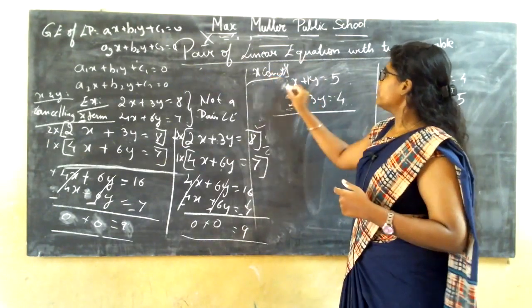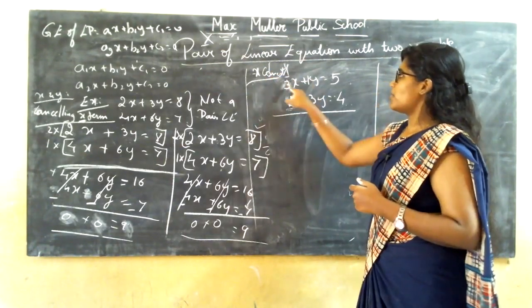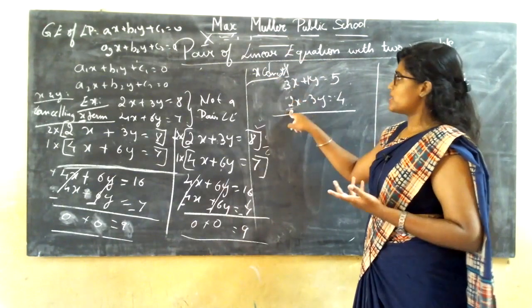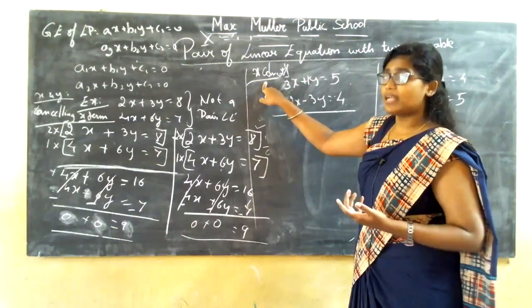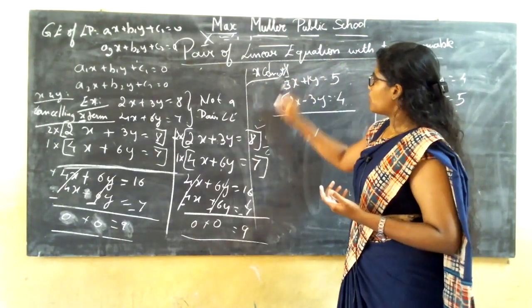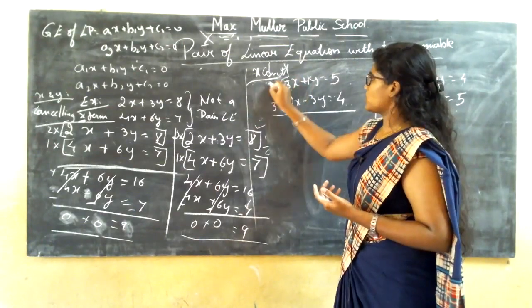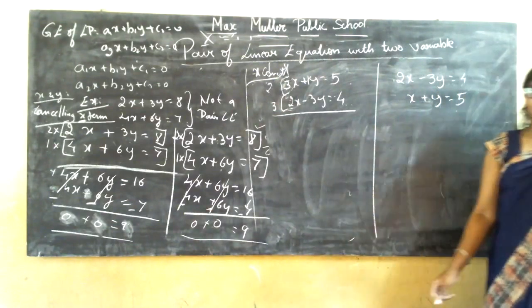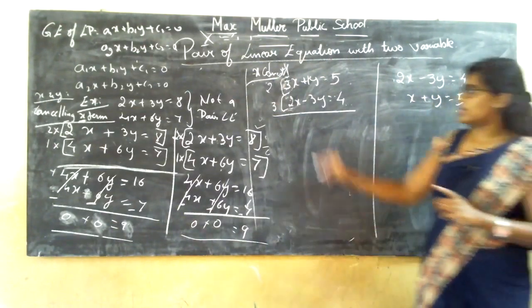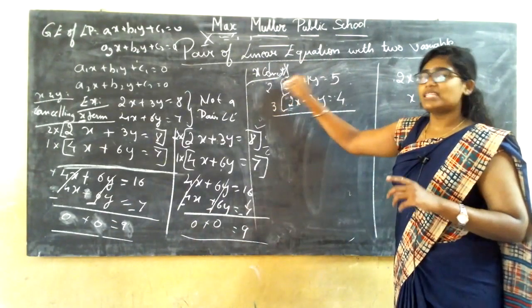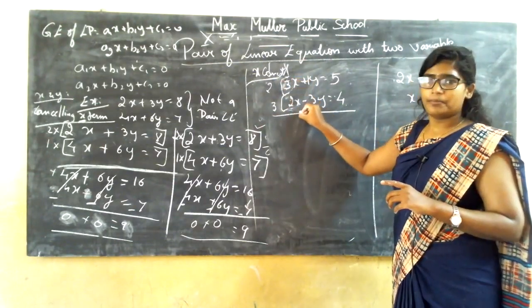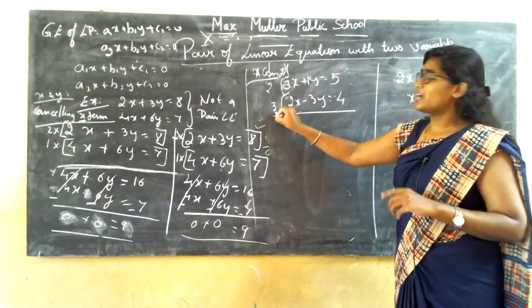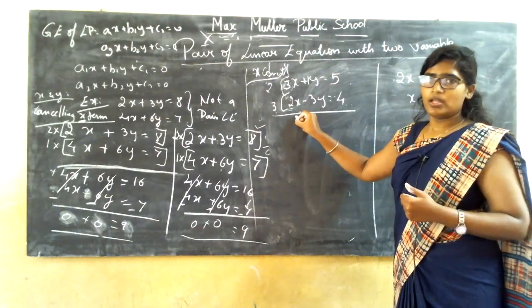If this was 3, both the numbers are different, but you want to cancel. At that time, what were you doing? You were writing this 3 here, you were writing this 2 here, because both the numbers are different. It won't give the same value in one single table. If you multiply by 2 here, you get 6, but you won't get 6 here. Correct? When you multiply it by 3 only, you get 6 here. Did you understand?